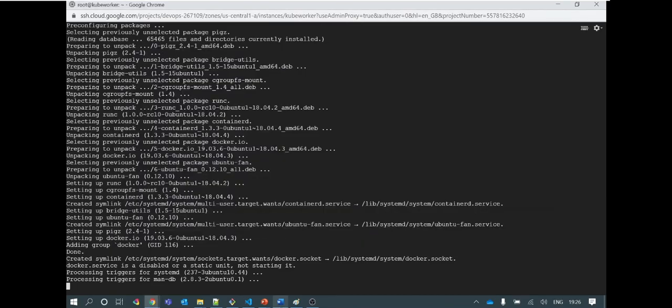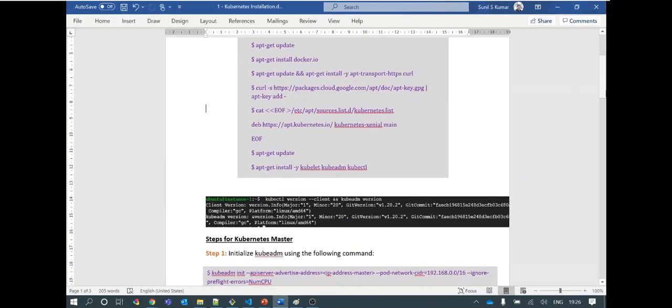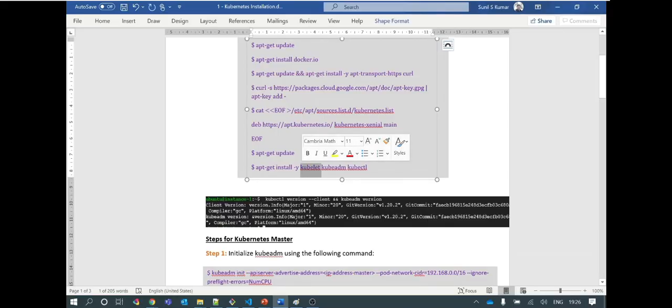So until it is taking time, let's go back to the document and I will explain further steps. Once we have installed all the components, we are majorly installing 3 components on both the machines. They are aligned with the architecture of Kubernetes, where we need to have kubelet on all the connecting nodes. We will install it on the slave node as well as the master node. Majorly it is required on the slave node only.